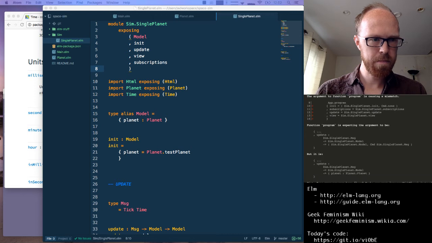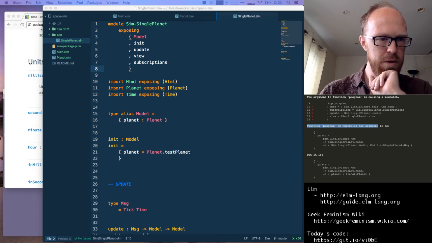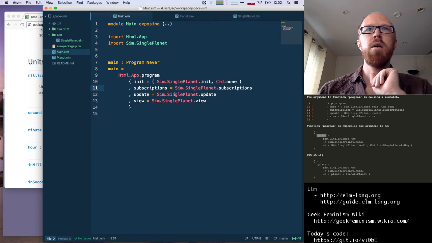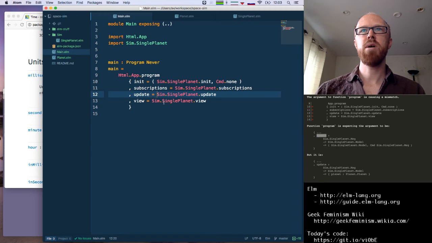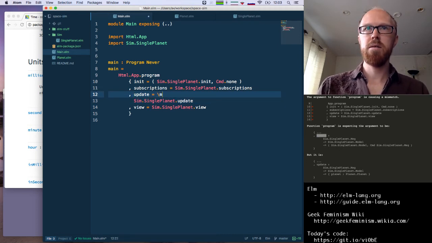And let's see. Expecting the program to be update. Oh, right. So our update now needs to return a command as well. So I'm actually just going to write inline here.